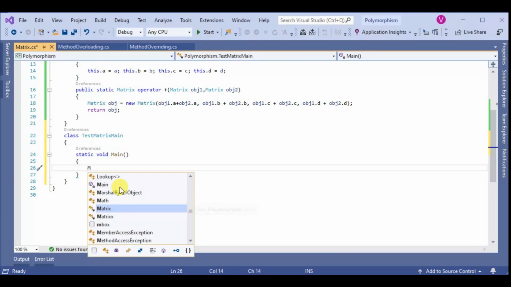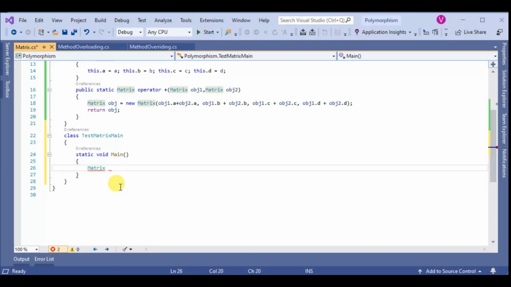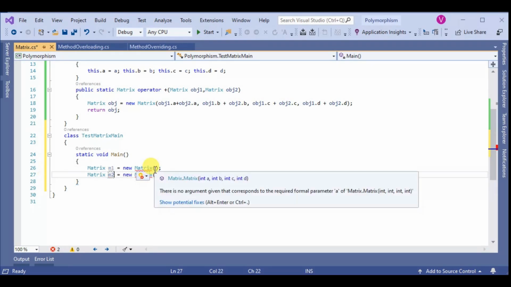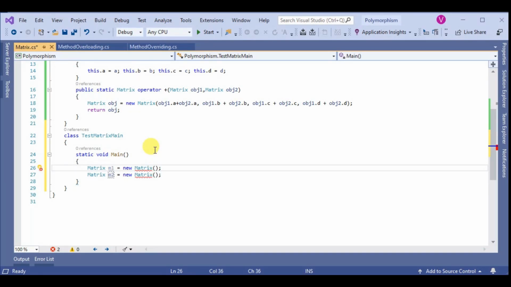Inside the main method, create the Matrix object m1 equals new Matrix with the first matrix values, suppose 2, 4, 6, 8, and set the second matrix values, suppose 3, 5, 7, 9. Here are the two matrices m1 and m2 and their values.